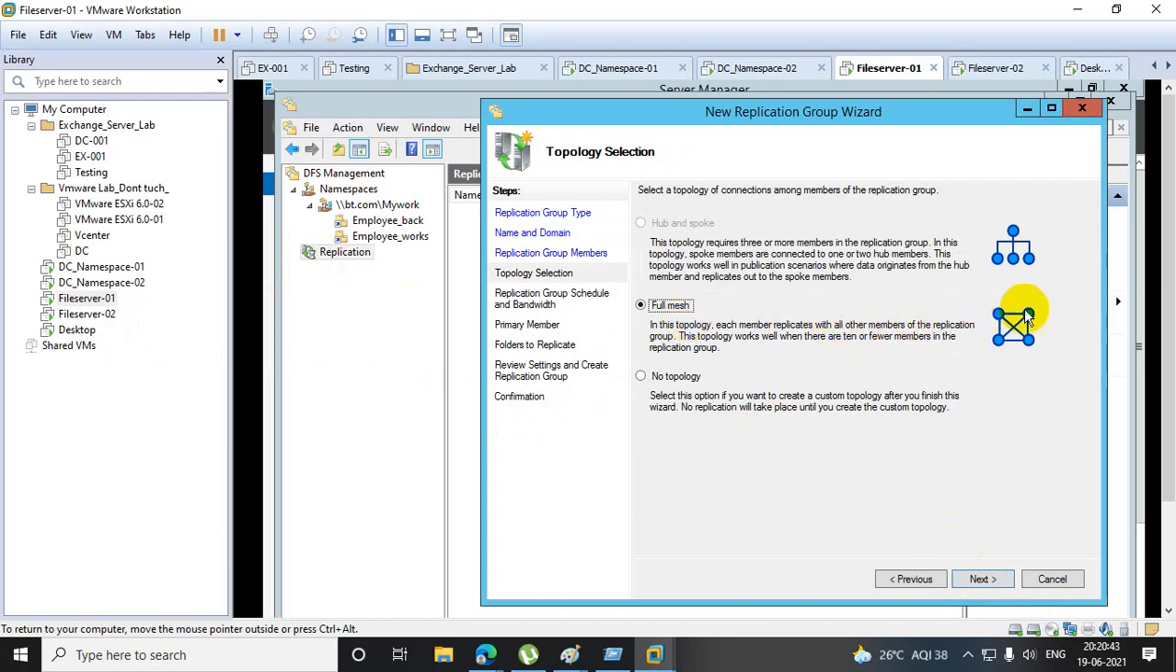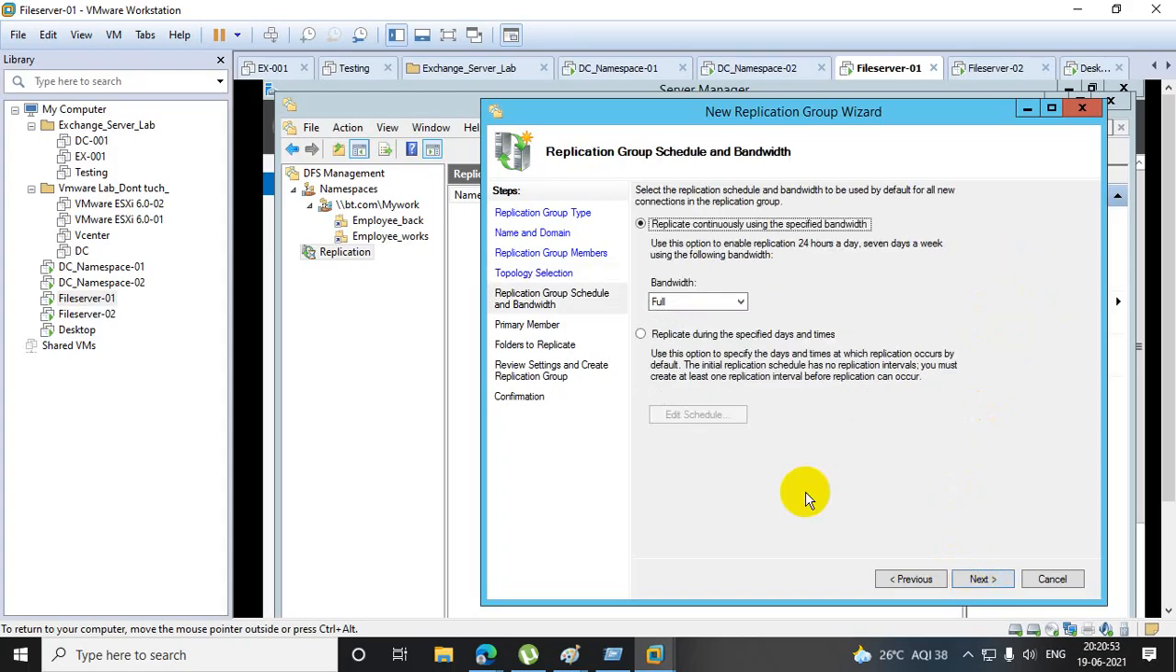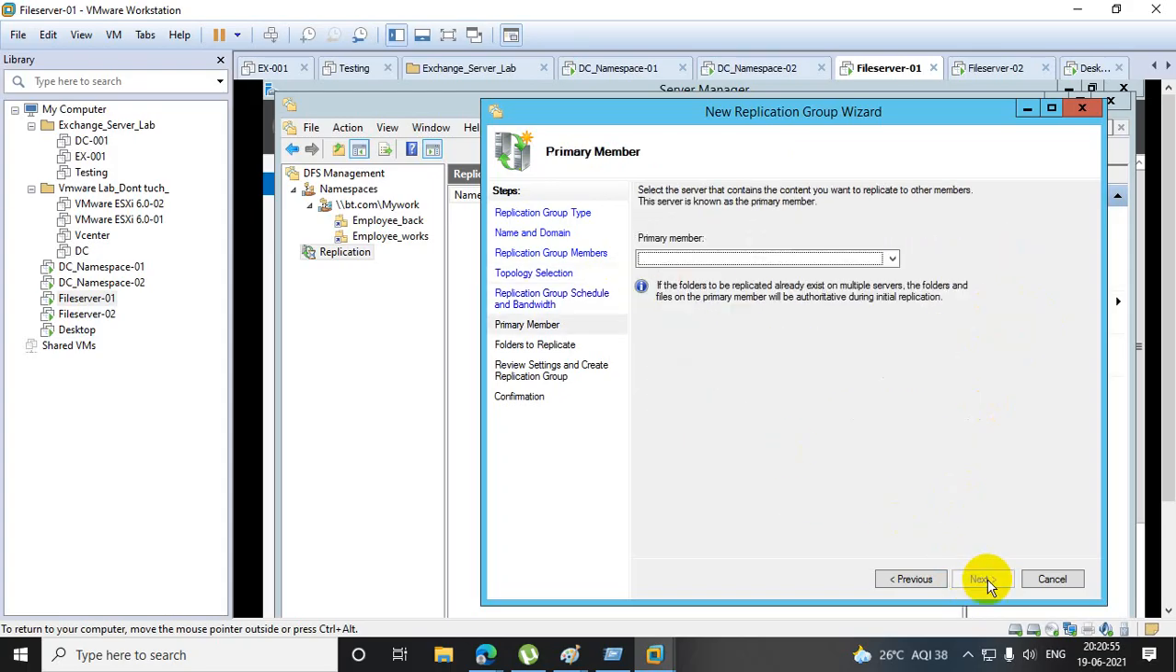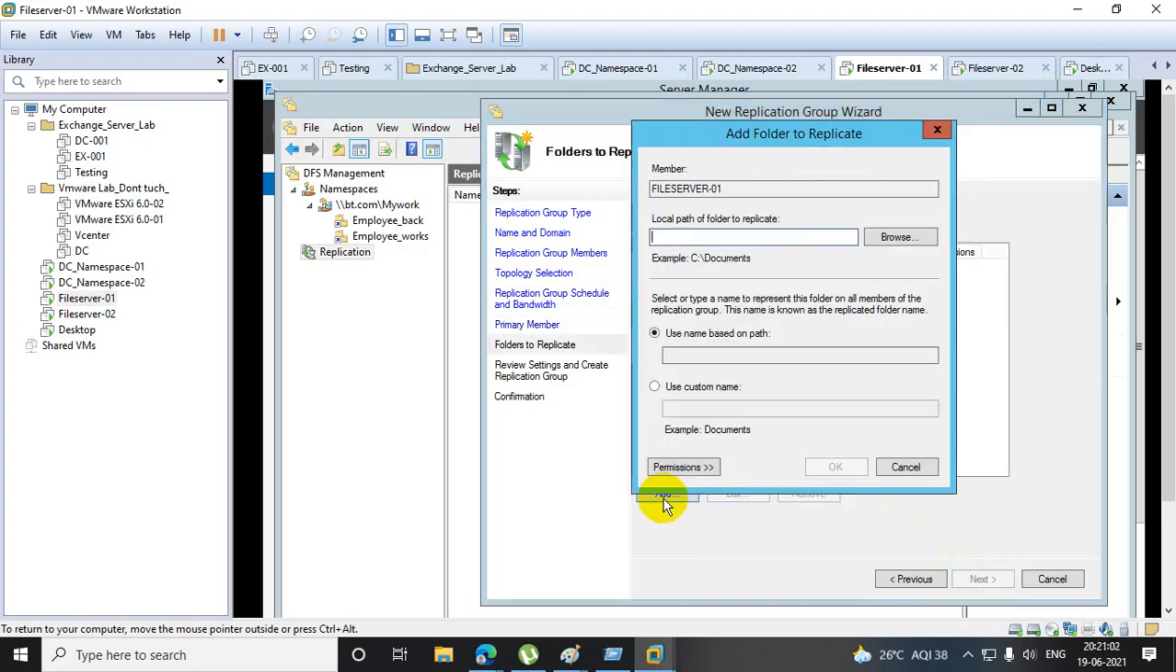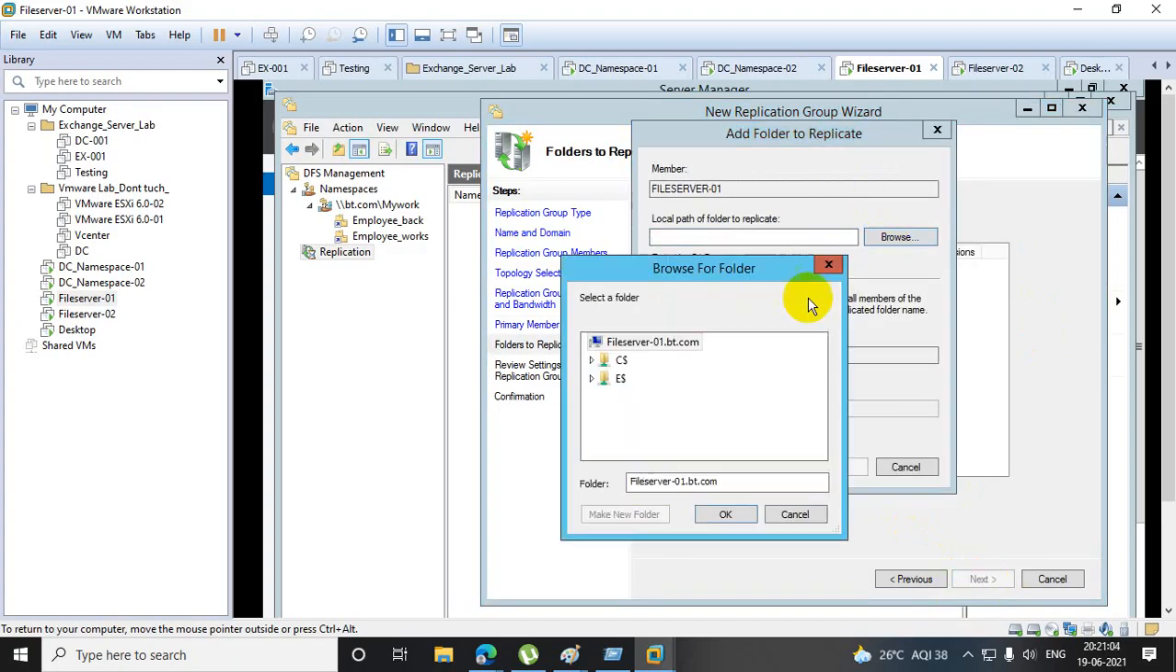Mesh topology. That means it will replicate from here to here, from here to there, crosswise, complex mesh topology, so file replication will work. I am utilizing full bandwidth. Click on next. What is your primary member? File server 1, it will work. And what is the path? I have to go and select the E drive, employee underscore